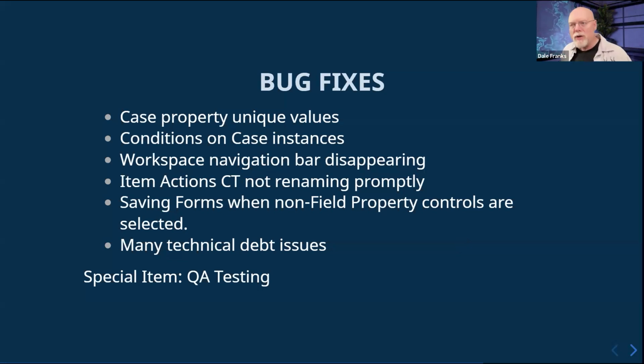But if you used a unique value and you encrypted that value, it wasn't enforcing the unique values. Well, I mean, technically it was, but it was evaluating the encrypted values, not the actual value that was being stored. So technically you could store a value of 1 in one instance, and it would be encrypted and would